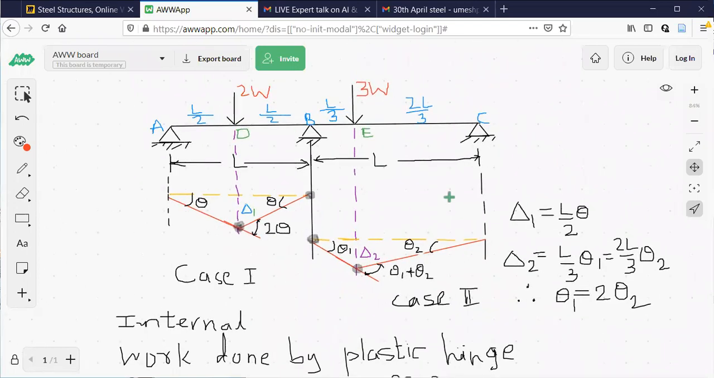So let us see how it is done. So observe. Identify how many plastic hinges are possible. Now you look at this one. Here, this is a mechanism of span AB. Okay. Because of this load 2W,